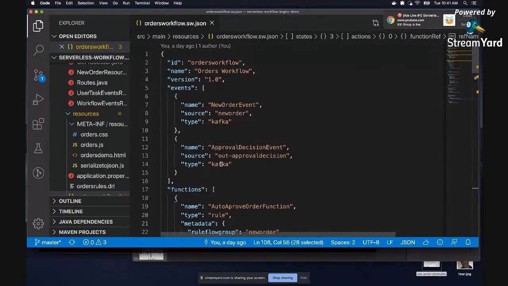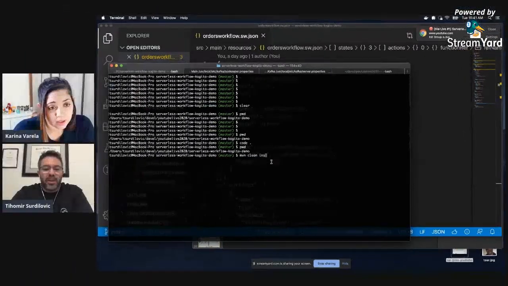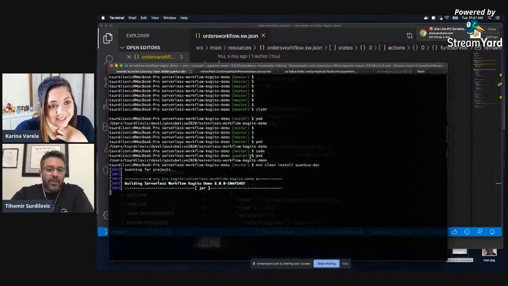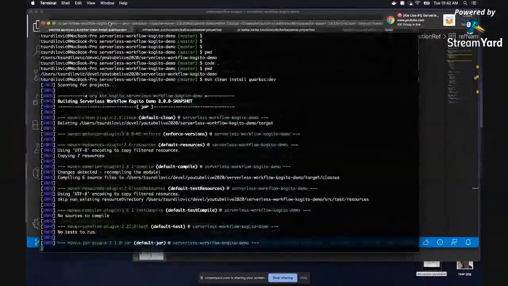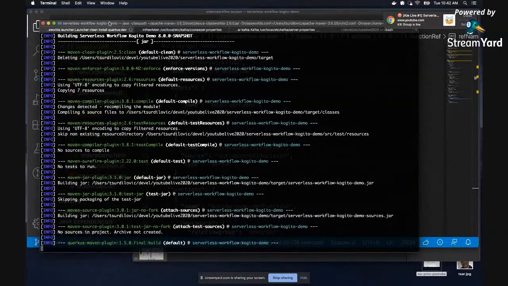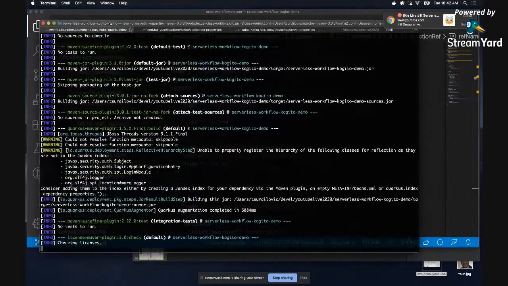Now, if you did this in YAML, it would probably be half as many lines in this case. So let's take a look at how this actually runs. So we're going to start. Can you please increase the font size of your terminal, please? Too. Thank you. What I'm doing now is I'm starting this demo. I'm going to run it, like we said, on Quarkus, and I started it in dev mode.